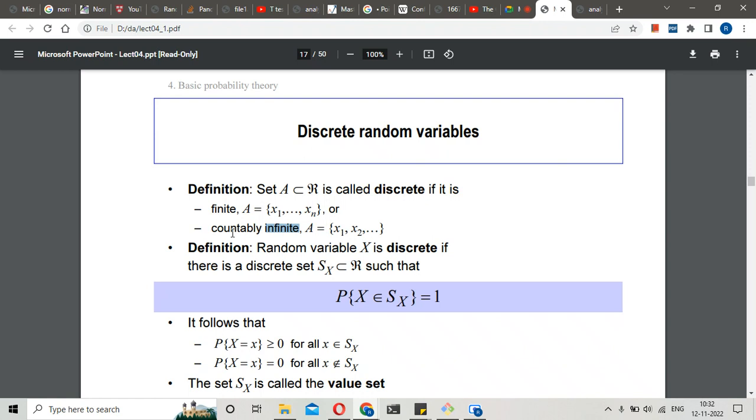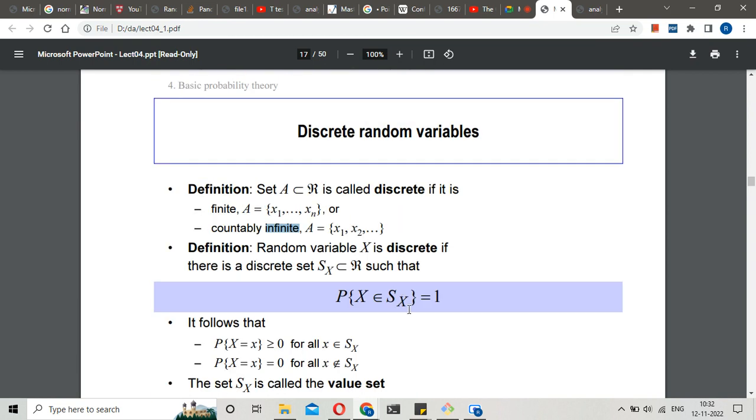Finite or countable, but always countable, and countably infinite also. Like you don't know how much it will be in the end, like the number of population in the entire universe till the world ends. So we don't know how much it will be, but it is countable in nature. That is why.